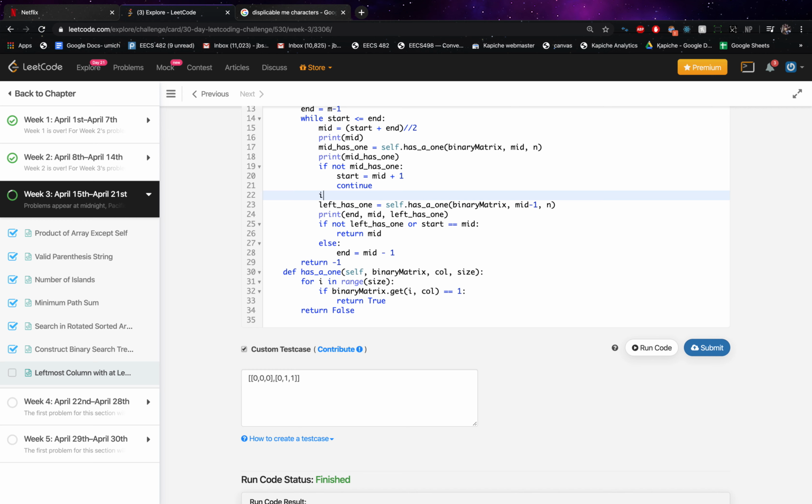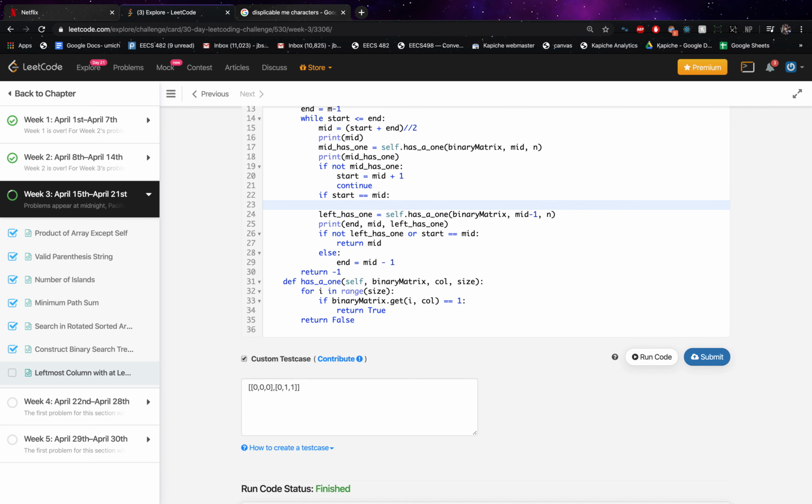Okay, let's do this. If start equals mid, then we can return mid at this point. Because mid has 1, right? I mean, that's what we were doing here. If start equals mid, can we return the mid right here? Like if mid has 1